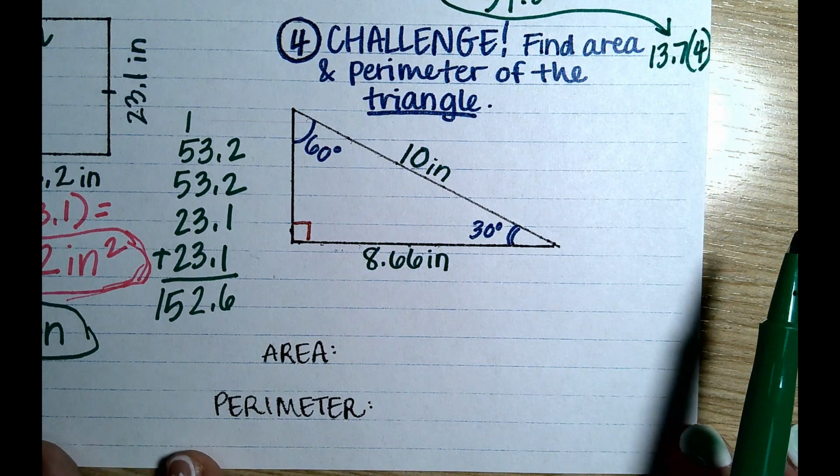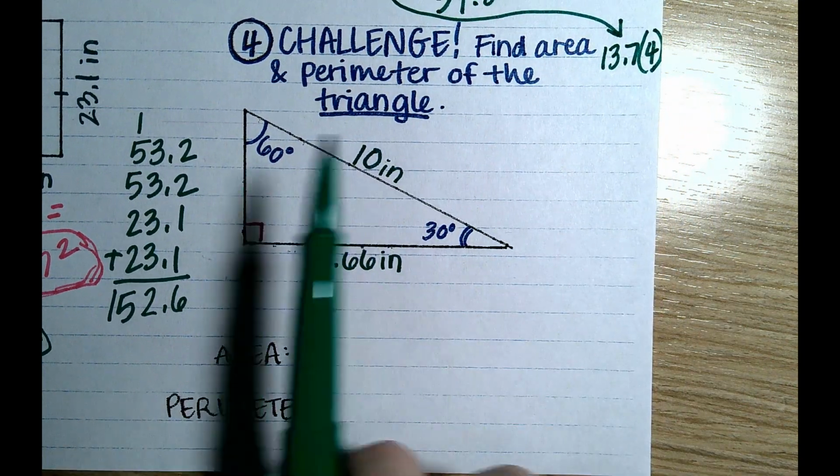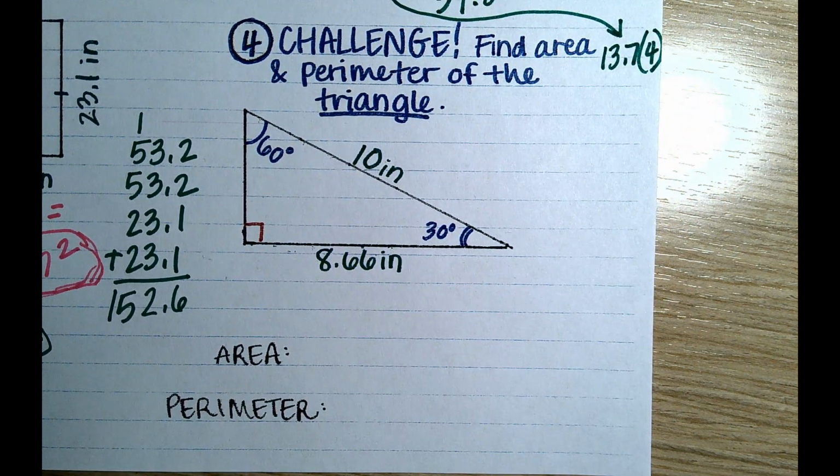Okay, so did anybody give the challenge a go? Number 4. Erica, you did? What did you decide to do to find the area and the perimeter here? Well, the first thing I did is, I noticed this is a 30, 60, 90 triangle. Yes, it is. I used the formula from last unit to find the length of the short side, which